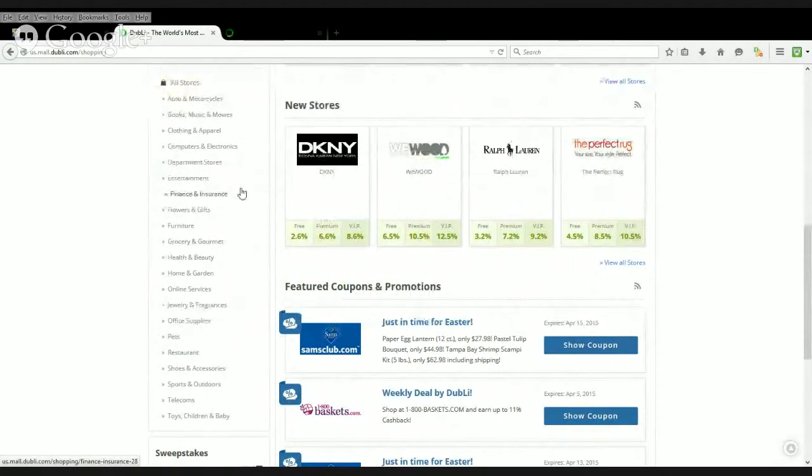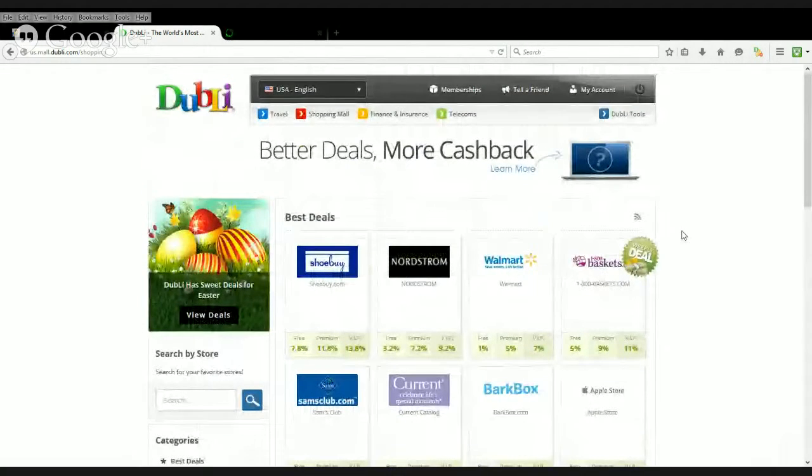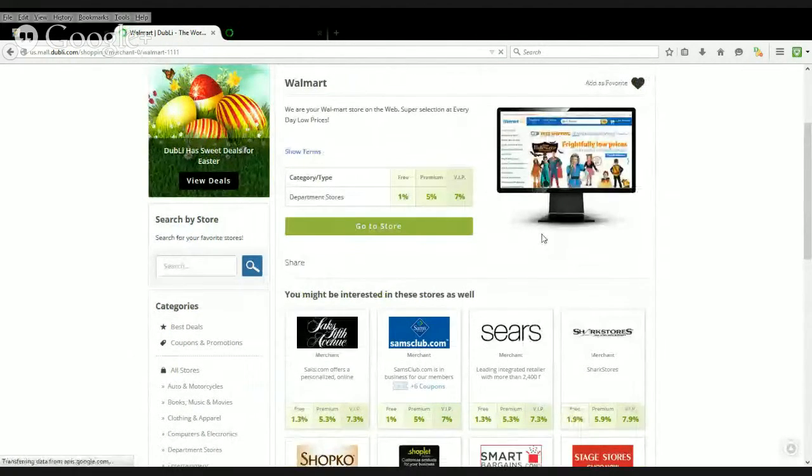There's thousands of stores you can get cash back on. And probably the best thing to do if you have a store you like is to just come in here. You can actually search for that store. Like, I'll do a search on Walmart here because that's an easy one. And we've got Walmart. So now that I've done a search, it shows me Walmart on the screen. If I click go to store,